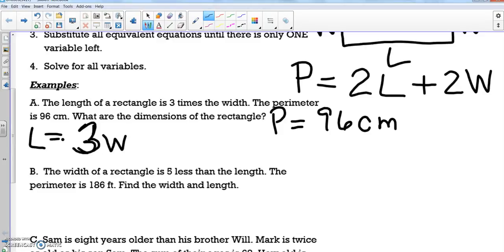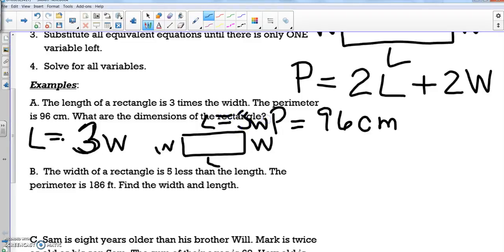All right, so here's what we know. We know, just like all of our rectangles, we got length, width. Okay, so here's what we know. We know that the length of this one is equal to 3 times the width. So everywhere there's an L, we're actually going to put 3W on these guys. Okay, so if my perimeter is equal to all of this stuff added up,